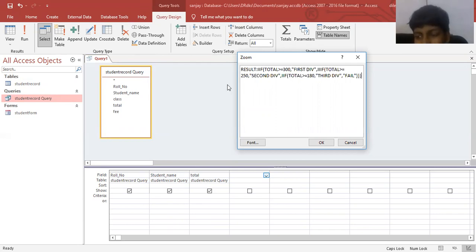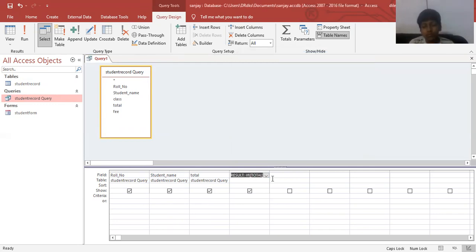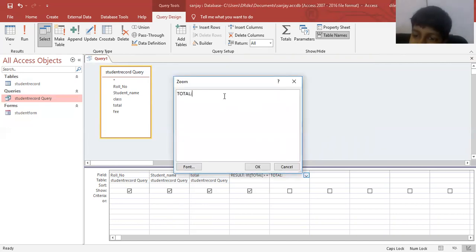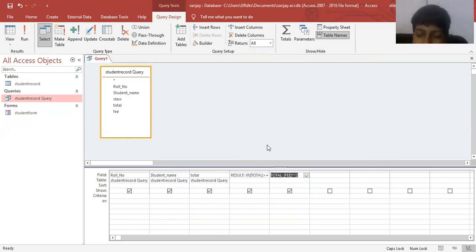So here we have to close three brackets because we have opened three. How many brackets? Just count it: 1, 2, 3. That's why we have to close three brackets here and click on OK. It will be coming like that, and save it. If you want the annual fees or total fees, press here and again use the colon symbol and use Shift plus F2 to zoom, and type here fee into 12 for the annual or the total amount of the year, and click on OK. You will get the total fees, and save it by using Control plus S.